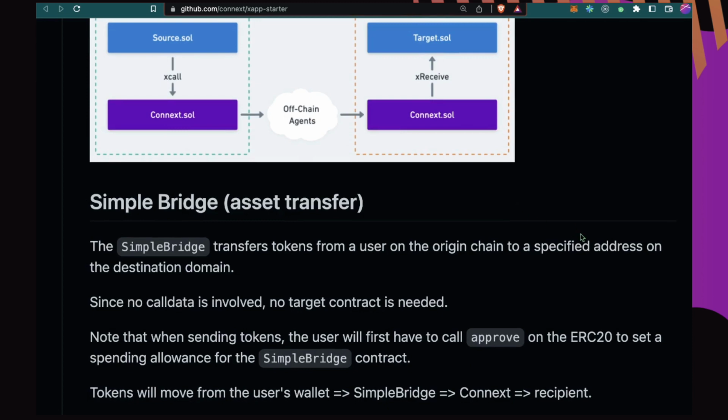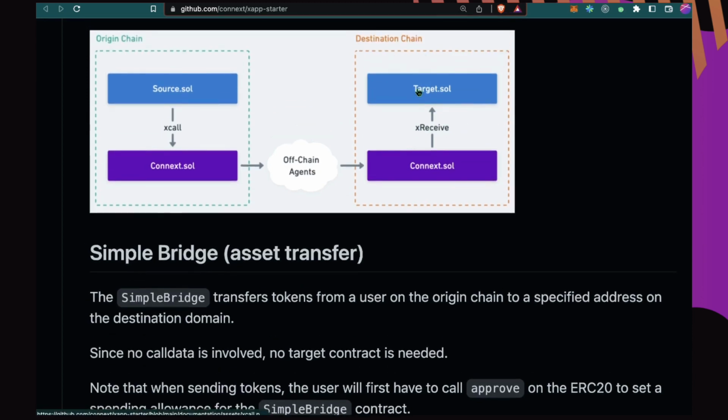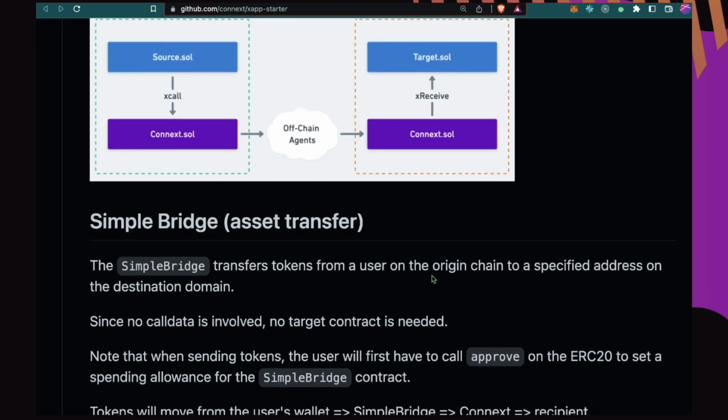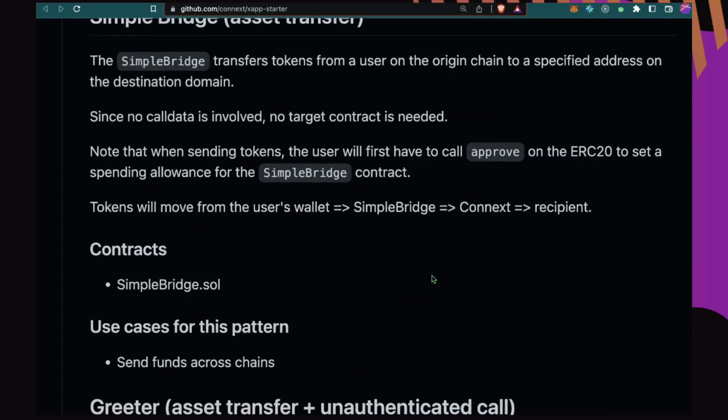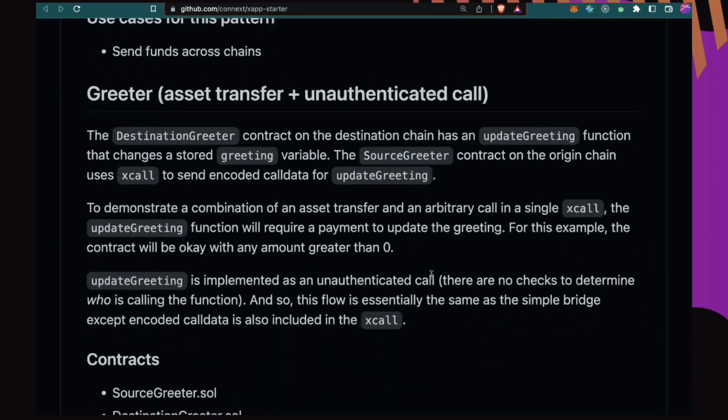In some cases, you don't actually need to deploy a target contract. So if you're just doing something like sending assets across chains, you really only need to build one contract on the origin side. And we have an example of that called the simple bridge, which is just transferring tokens from a user on the origin side to some specified address on the destination side. And since there's no actual function call that's needed on destination, you don't have to deploy a target contract. But for today, we are going to jump into a greeter